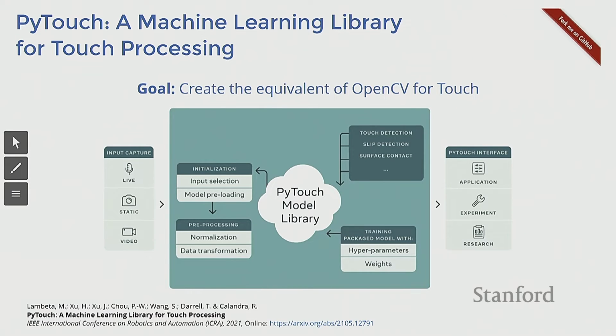We want to have a tool where every practitioner goes to, which is easy to use, where people can attach different types of sensors as an input to a standardized interface, and where they can then go and use and provide to the community different models that provide different functionalities.